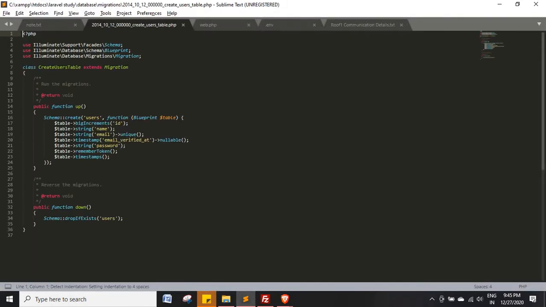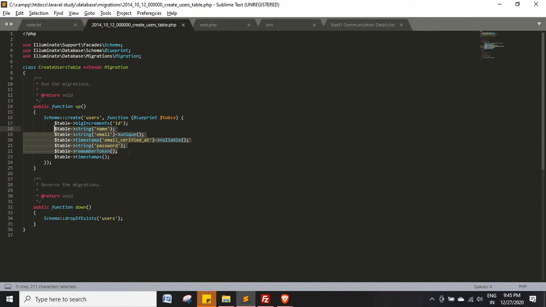If I open this one, you can see you can create your own schema there by running a command like php artisan make:model. Once you create that, you will have this basic schema up to this point only. It gives an auto increment id and the timestamps.